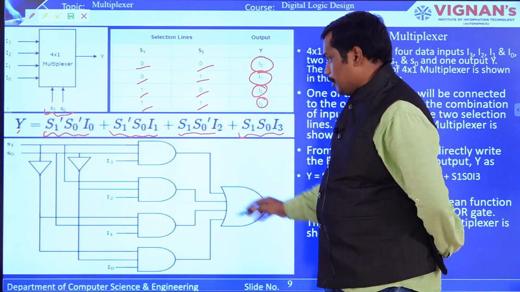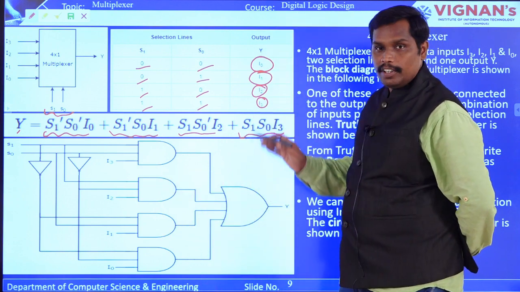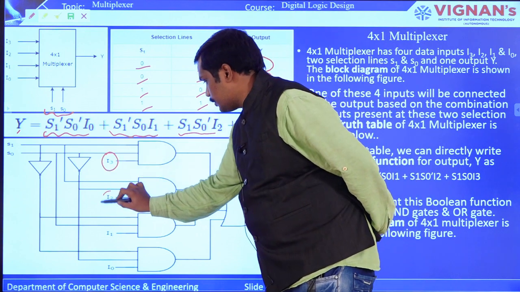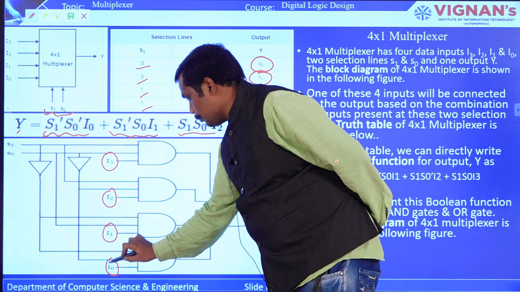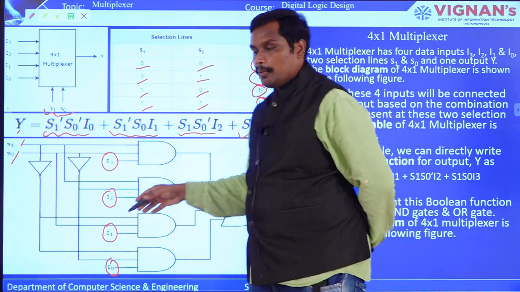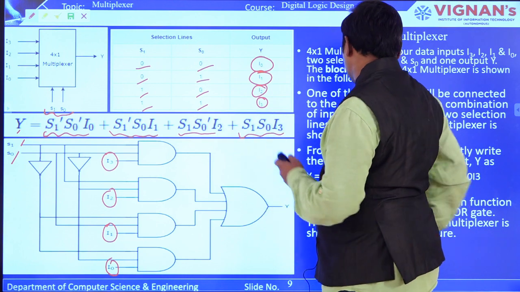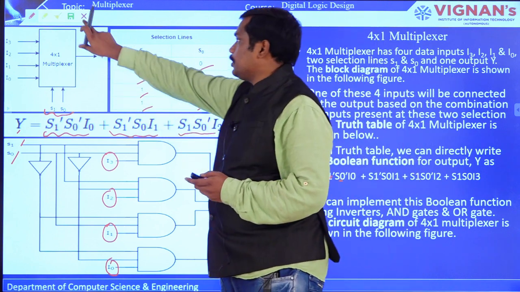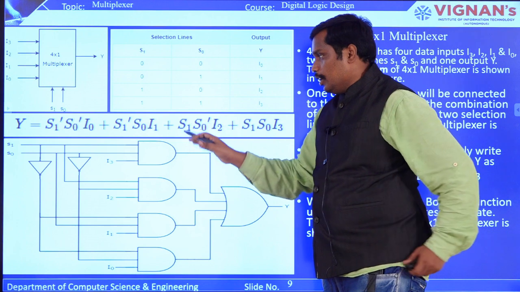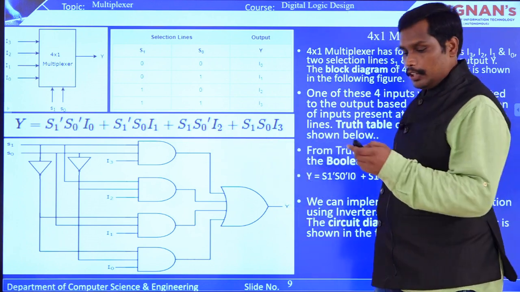And now for this logic diagram, this is how you are going to construct a logic diagram for the 4 by 1 multiplexer. So you can see here, these are the input lines, and based on these input lines, you can have selective lines that can be in complemented or uncomplemented form, so that this particular function can be derived, right? So this is how the 4x1 multiplexer is generated. Again, I am telling you: block diagram, truth table, and Boolean function, and then you are going to have a logic circuit or circuit diagram, right?